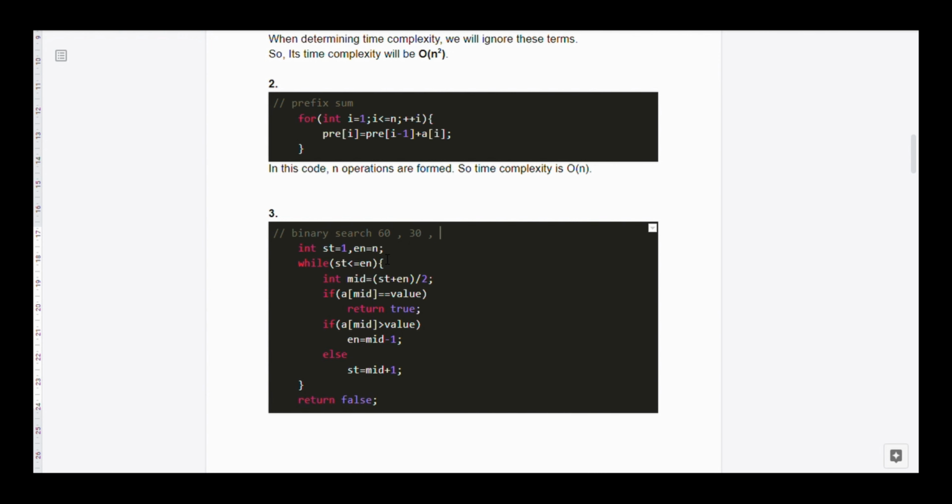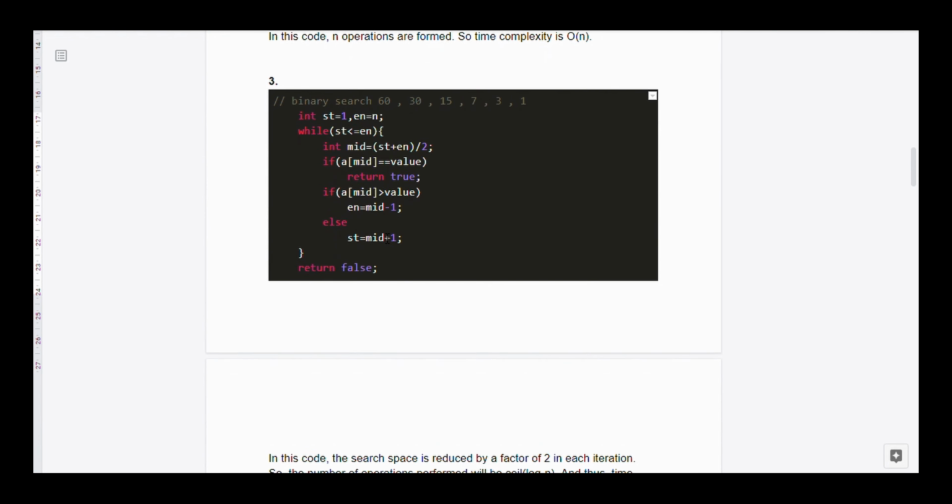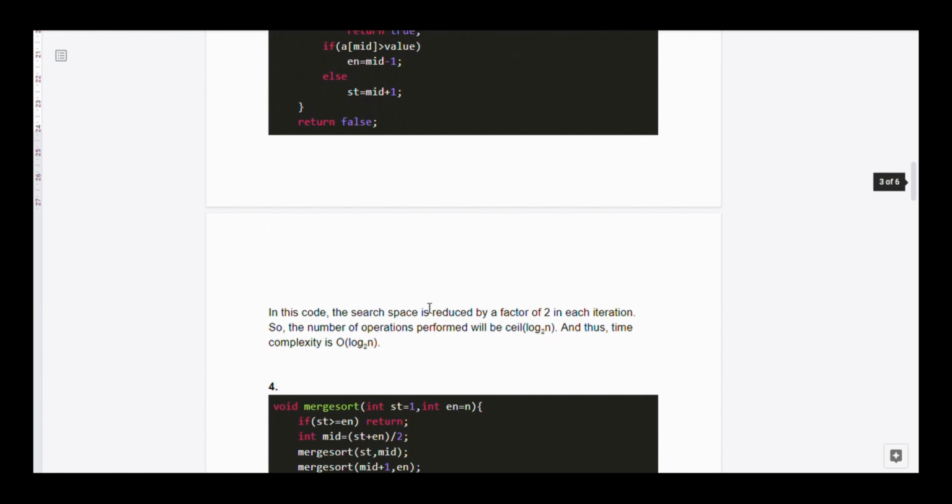In the next operation it would be 15 and then 7 and then 3 and then 1. So in 6 operations we can perform our binary search. So if n is equal to 60, this code will perform 6 operations. Now if we observe carefully, we can see that for given n, it will perform ceil of log n operations. So its time complexity is O(log n).